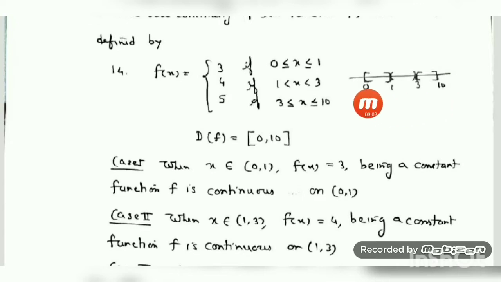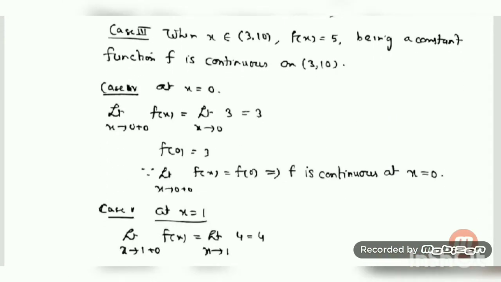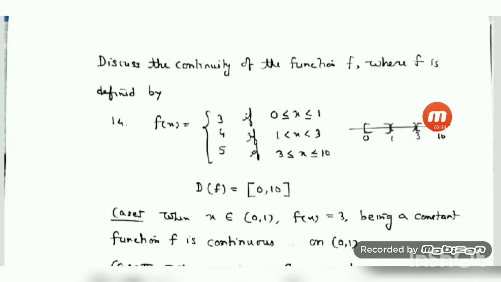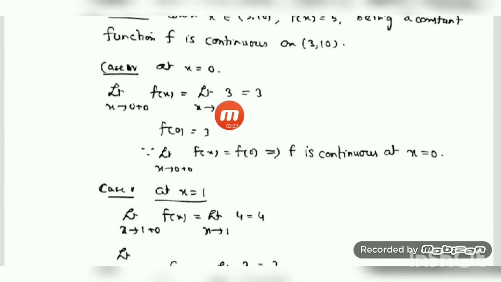So first let us consider the point 0. You see, when I consider the limit as x tends to 0, it cannot tend from the left side. That means 0 minus is not required, because 0 minus is not within your interval, right? So it is sufficient to consider the limit as x tends to 0 plus for the limit to exist. At the point x equal to 0, I have considered the limit as x tends to 0 plus of f(x). For x greater than 0, the function is defined by 3, so I substitute f(x) equal to 3. Being a constant function, it remains as it is, so it will be 3.